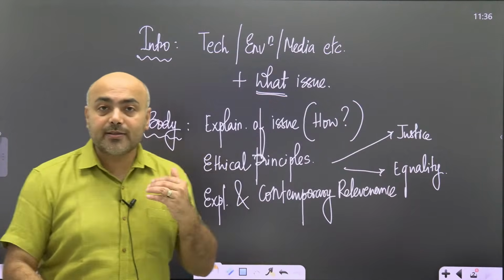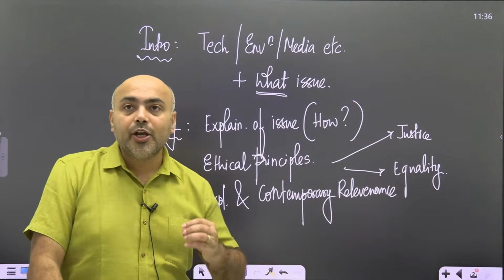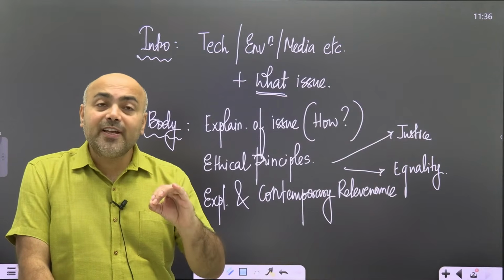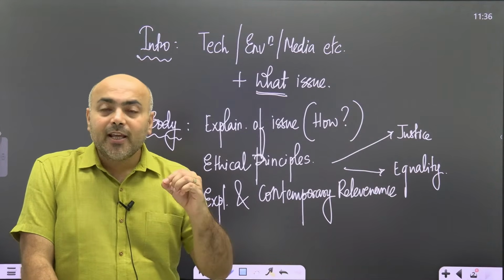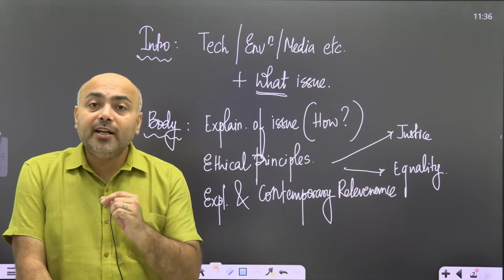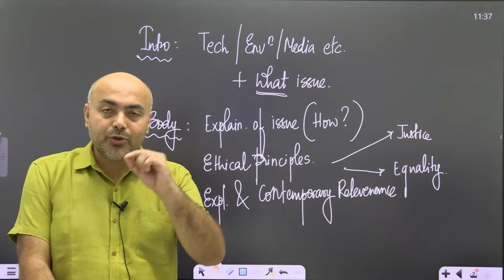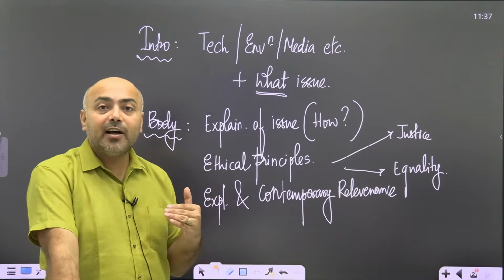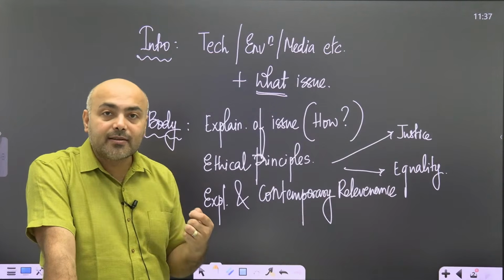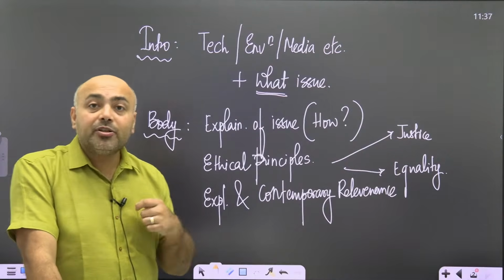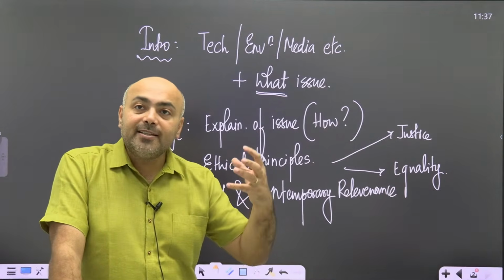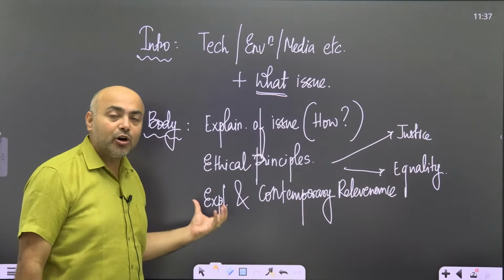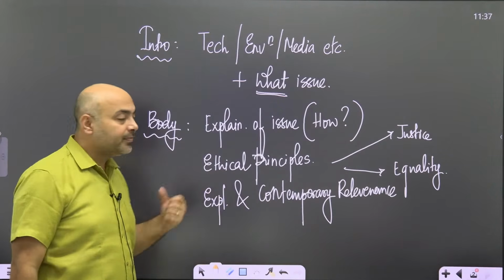So if it is, suppose, a question on media ethics, you can specifically talk about how today there is a problem related to integrity of media. You can write about that, and maybe present some examples. If there are some instances or cases which have come to light, which are emphasizing and raising that issue of integrity, introduce that in the third paragraph of your body. And then comes